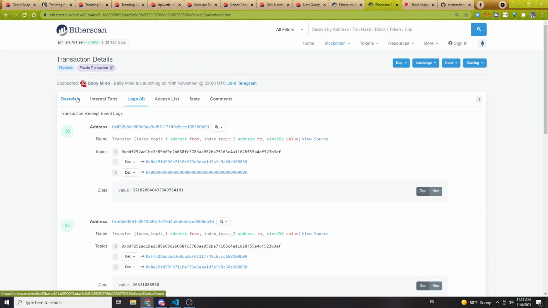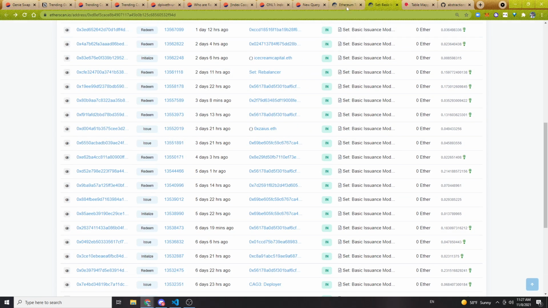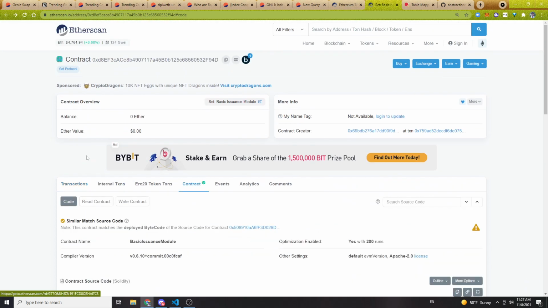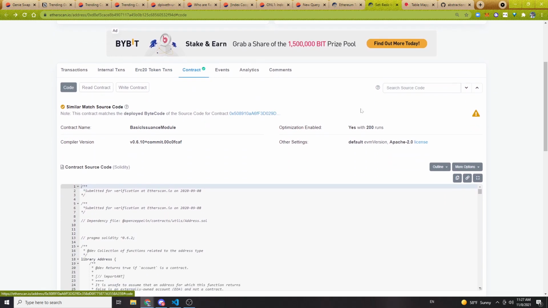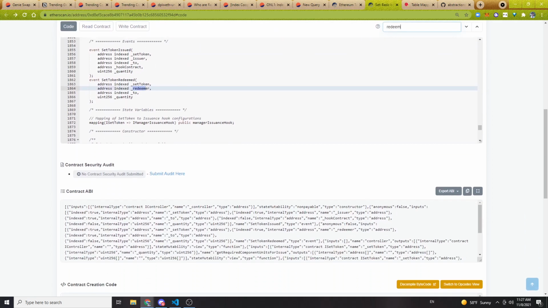In which case, there are a few options. The easiest would be, maybe I'm looking at the wrong function. Let me go to the contract tab and just search redeem. I hit enter once, and